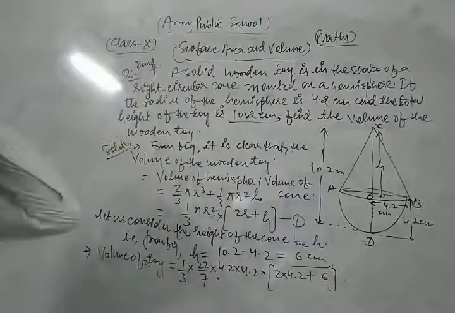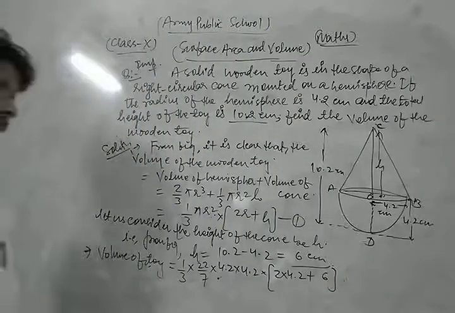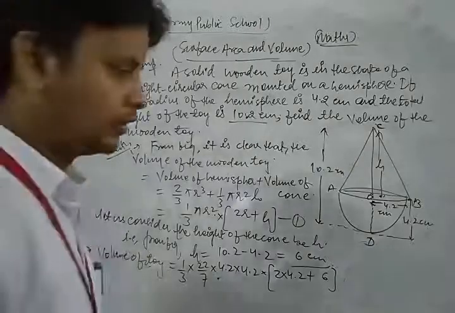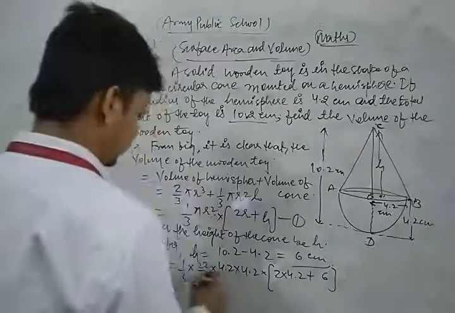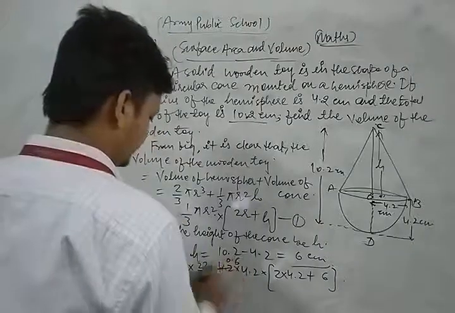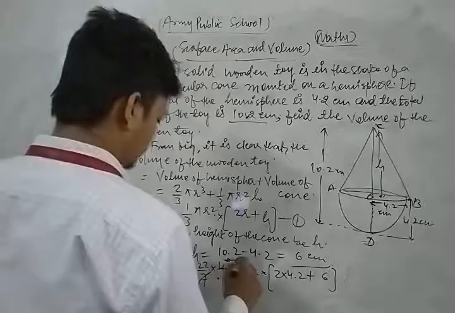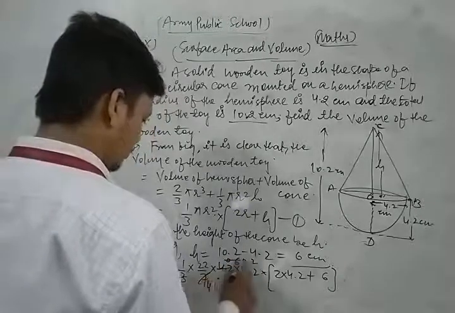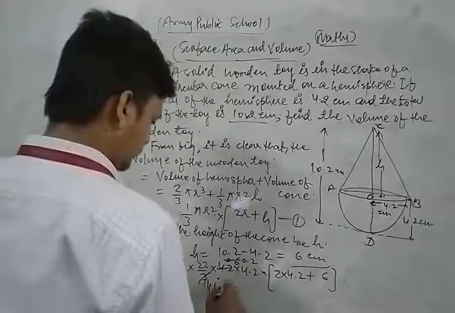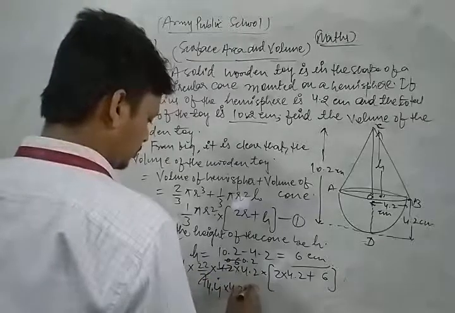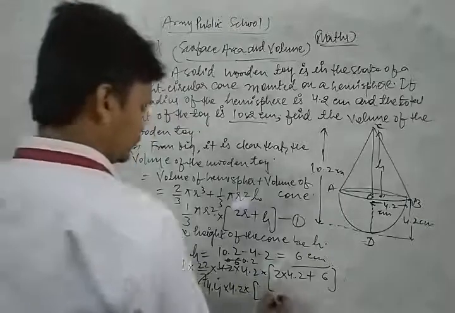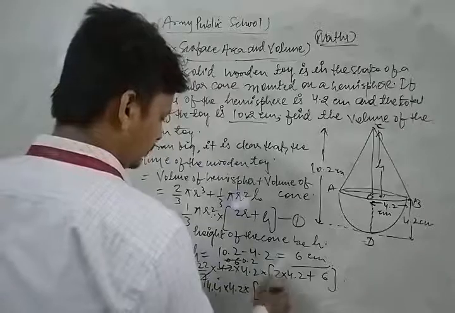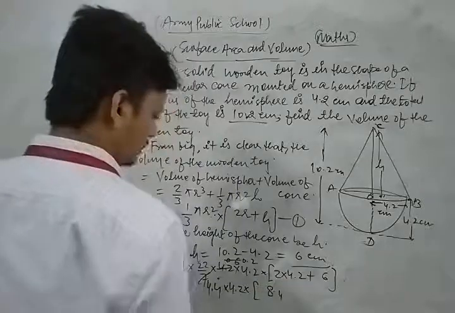H means what? 6. Now we simplify that expression and we get our result. Look, 7 6 are, and 3 2 are means 0.2. So we get 2 2 are 4, 2 2 are 4 means 4.4 into 4.2 into, in bracket, 2 2 are 4, 2 2 are 4, 2 4 are 8. This is 8.4